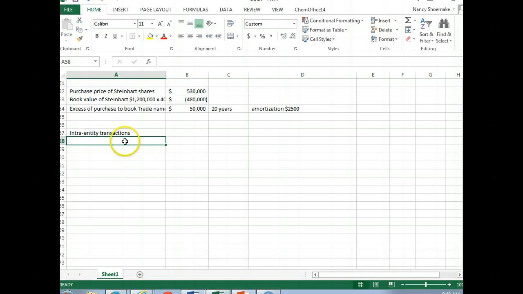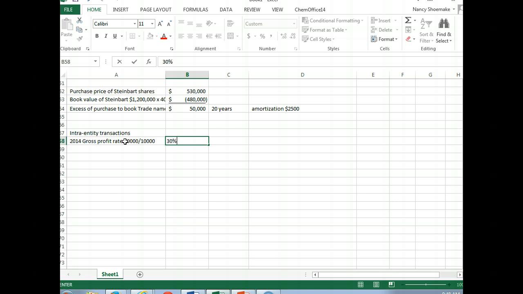So that technically means the 2014 gross profit rate is going to be 30,000 divided by 100,000, or 30%. Okay? The 2015 gross profit rate is going to be 54,000 divided by 150,000, or